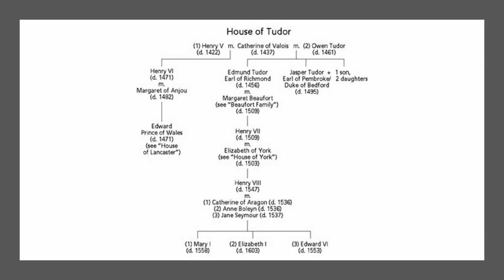Edmund, their son, had married Margaret Beaufort. Margaret Beaufort was a descendant of John of Gaunt, the Duke of Lancaster. So this is the father of Henry IV, but through an illegitimate line, through his mistress. And so the Beaufort family had been acknowledged by the Pope as eligible for succession to noble titles, but not to the crown. But Margaret married Edmund, and their son Henry then is the Henry Tudor who becomes the Lancastrian claim to the throne.